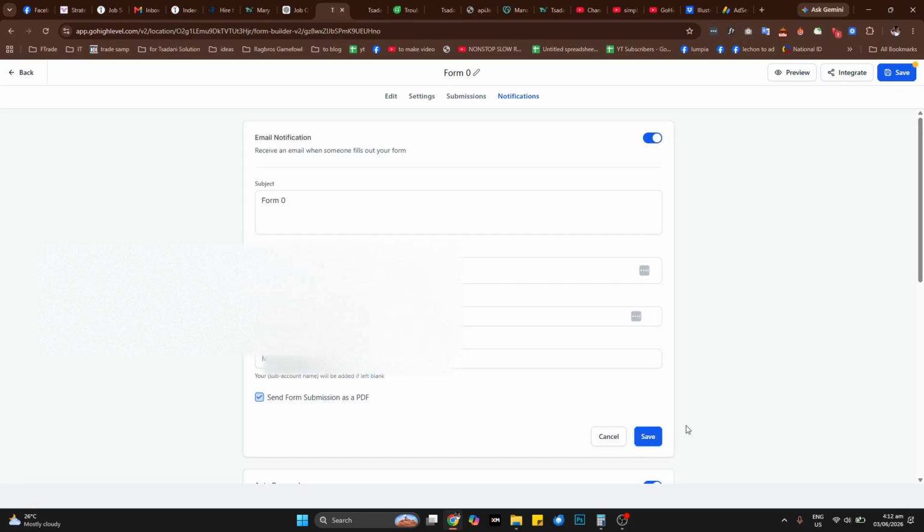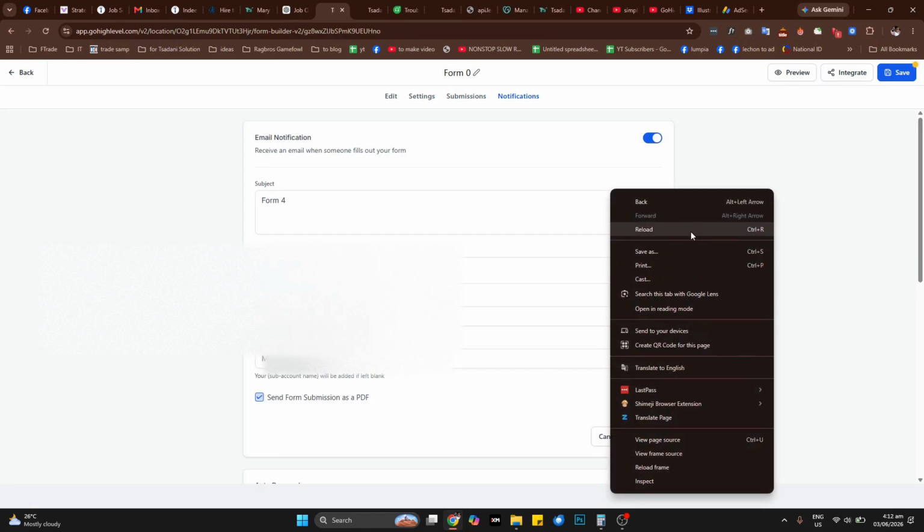So save. This message is already used by a standard field. Please choose a different name. Okay, form 3, form 4. Now let's reload.